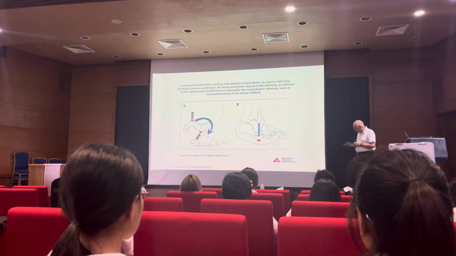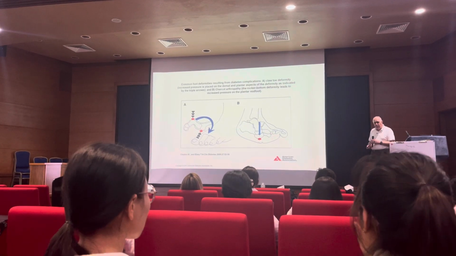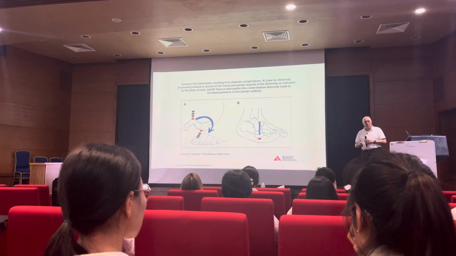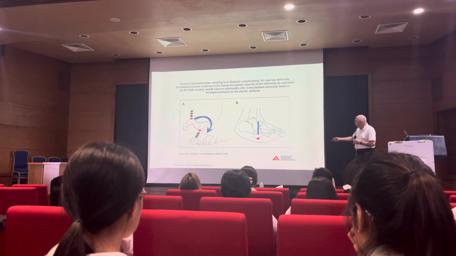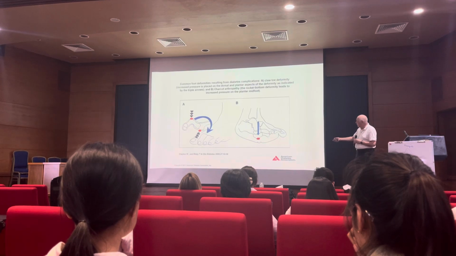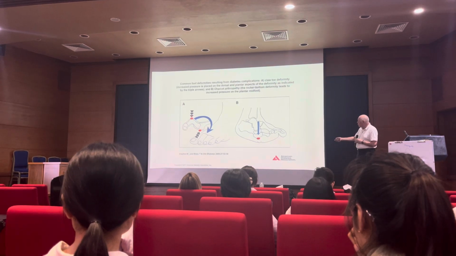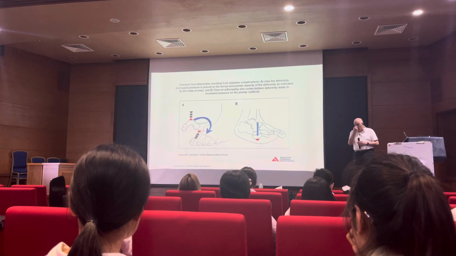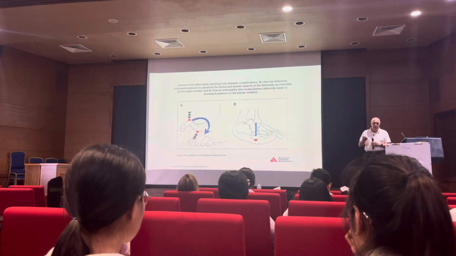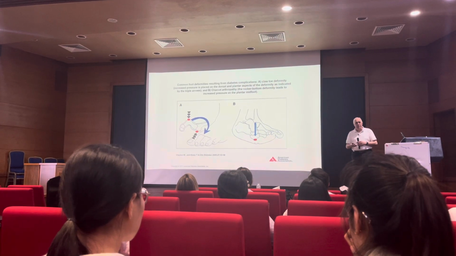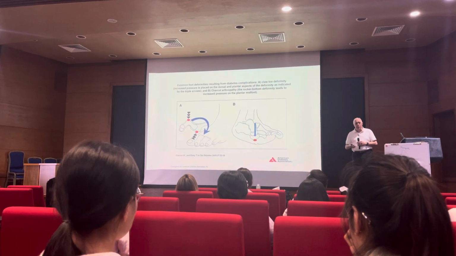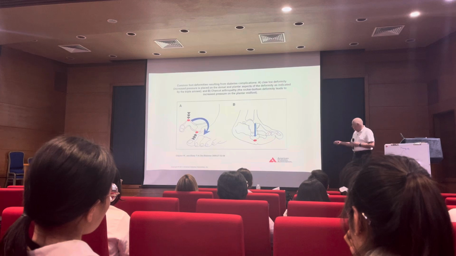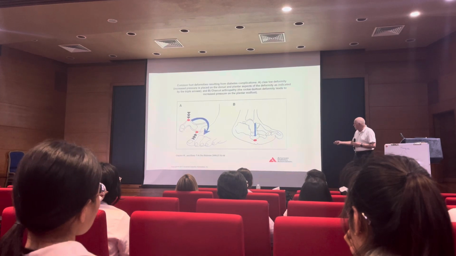So this is an example of what a hammer toe looks like and what a hammer toe means in a diabetic patient with peripheral neuropathy. A hammer toe is a crooked toe. And when a toe gets crooked like this, it creates a pressure point here on the top of the foot that rubs against the shoe. If the patient doesn't feel that, they will develop a blister, they will develop a corn, which eventually will develop an infection. It will also create a pressure point here on the bottom of the foot.